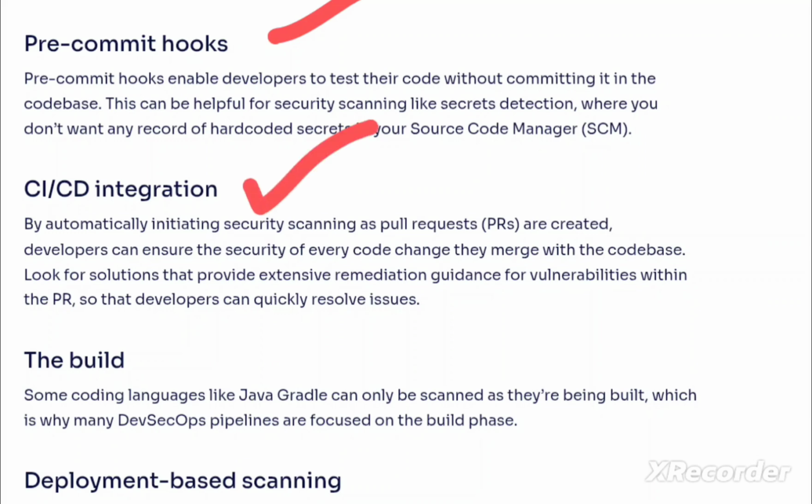And the next thing was CI/CD integration. By automatically integrating security scanning as a PR, that is pull request, is created, developers can ensure the security of every code change they merge into a code base. Look for a solution that provides extensive remediation guidance for vulnerabilities within a pull request, so the developers can